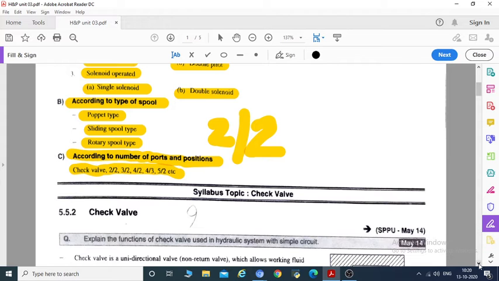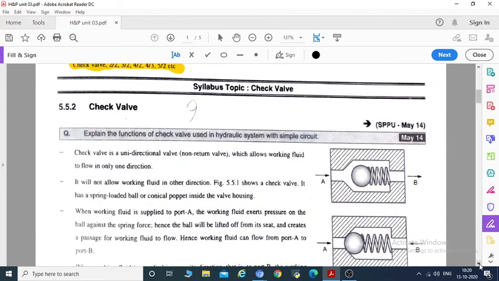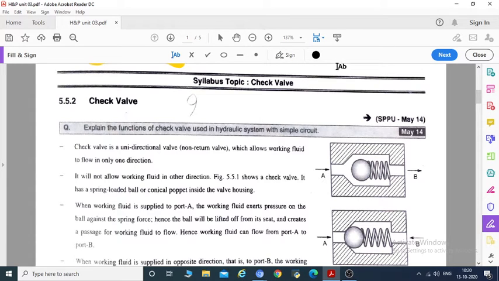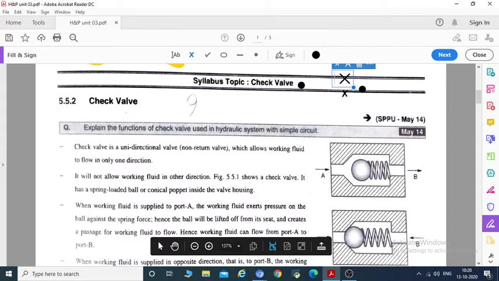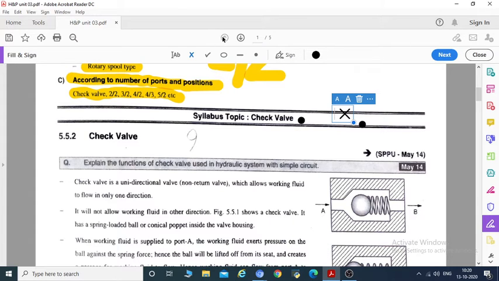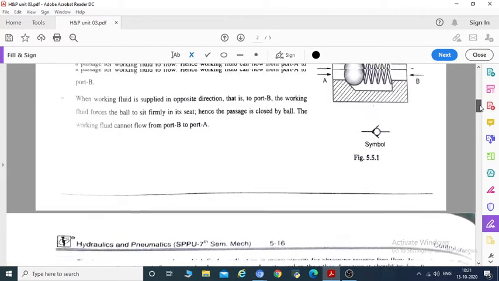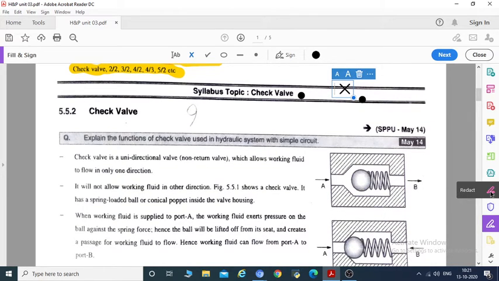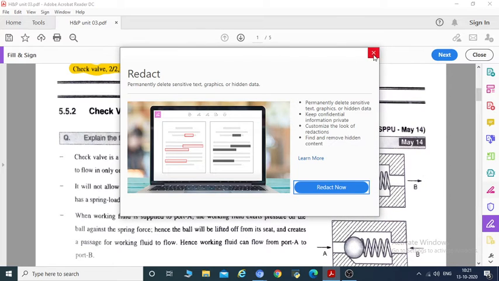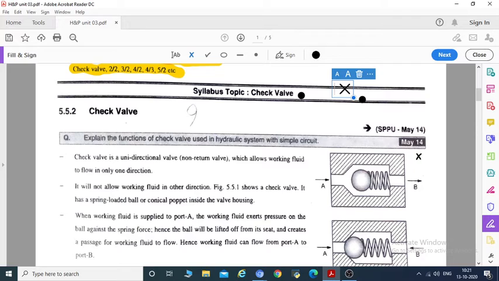So now we are going to see another concept of today's session, which is the check wall.